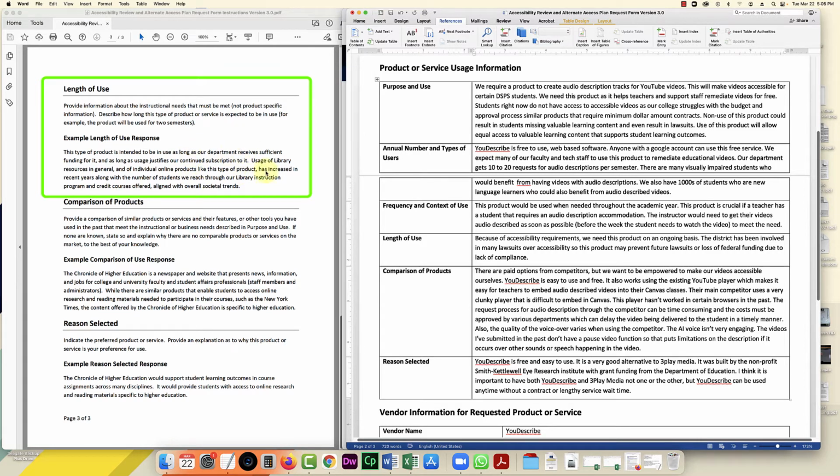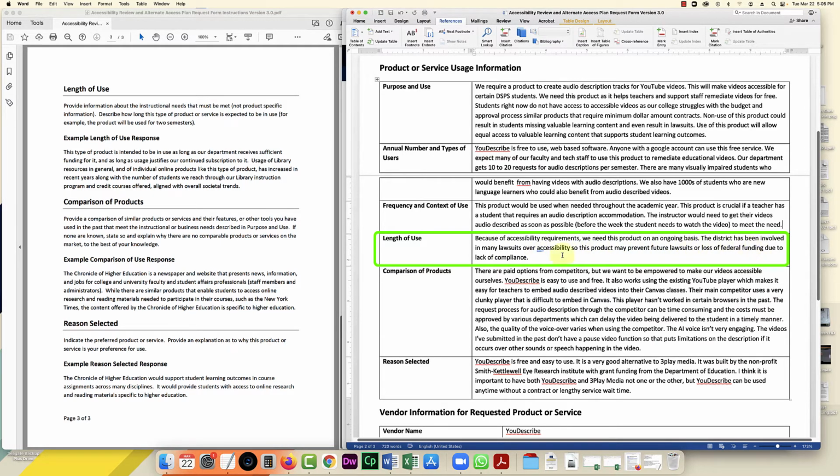So luckily, the product that I'm recommending is free, and so there's no limits on subscriptions or budgets. So I'm not going to worry about that. I wrote in my response for length of use, because of accessibility requirements, we need this product on an ongoing basis.